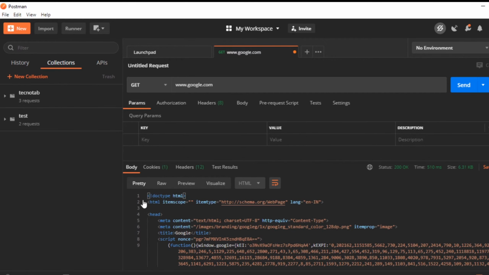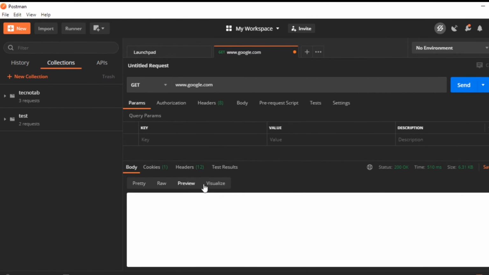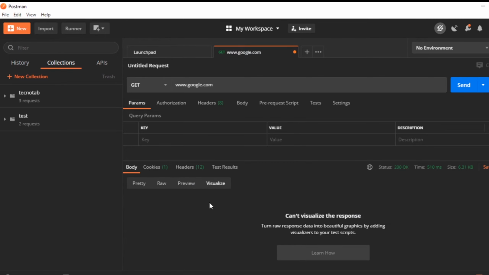See, this is a pretty response. If you click on raw, you will see the raw response. The preview shows you how it will look on the browser, and visualize, you can see the visualization, but you can't visualize this response. Mostly this is used for development purposes. So this is how you send any request in the Postman.